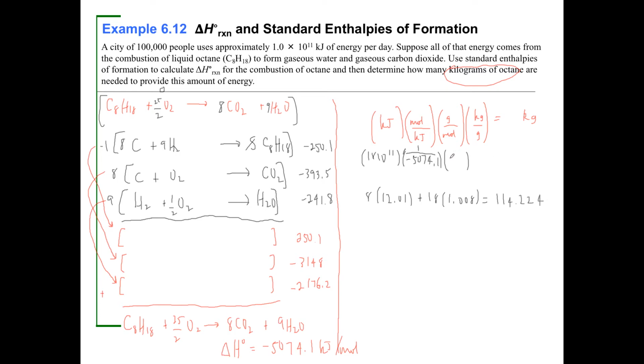Okay, so that's going to be 114.224, and then there's 1,000 grams per kilogram, right? That's going to equal our answer. There's our answer right there. So let's do it on our calculator, okay? 1 times 10 to the 11th divided by 5,000